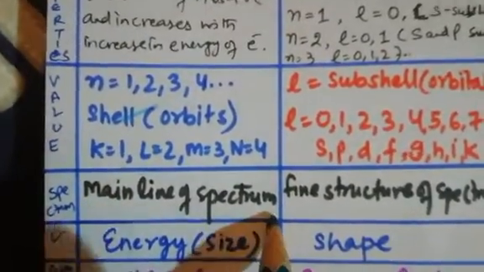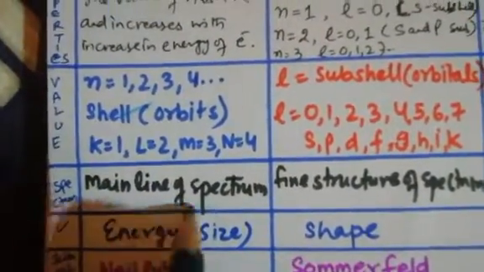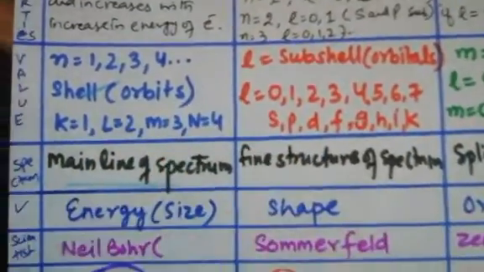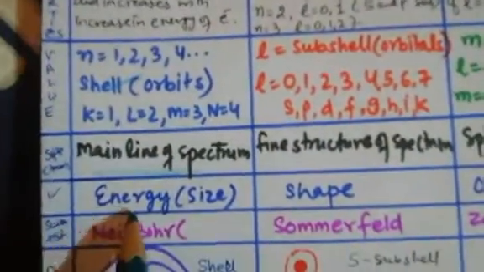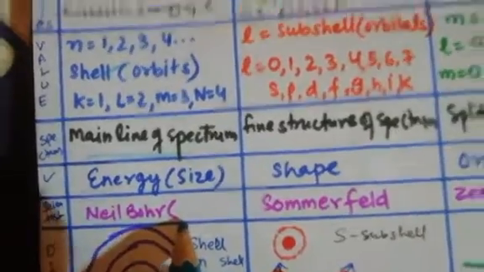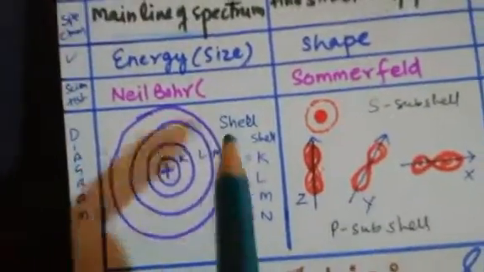It is the main line of spectrum, in which, suppose, white light, the fine structure of spectrum in this direction. So it is representing basically energy. We told about the energy of the atom, by scientist Niels Bohr, and this is the basic structure of K, L, M, N,